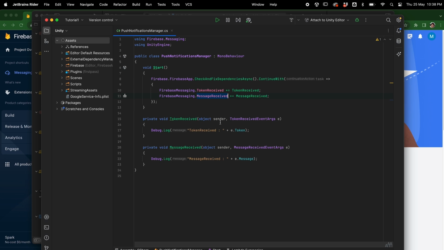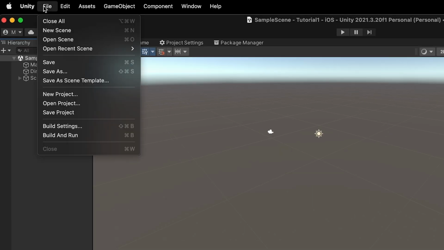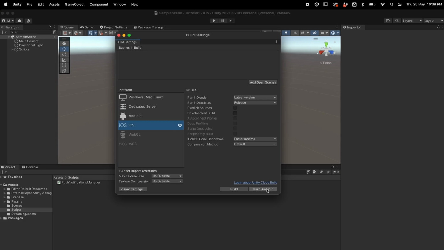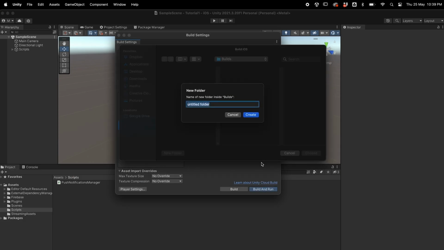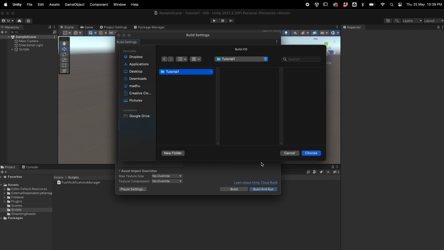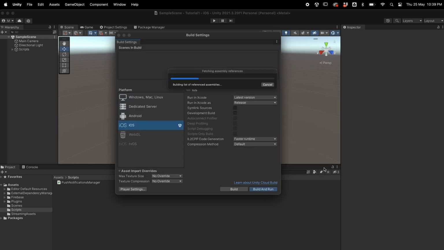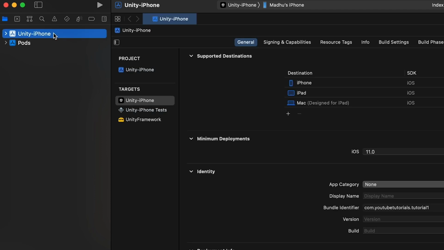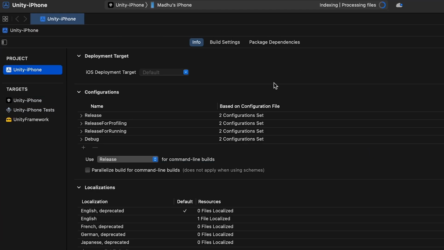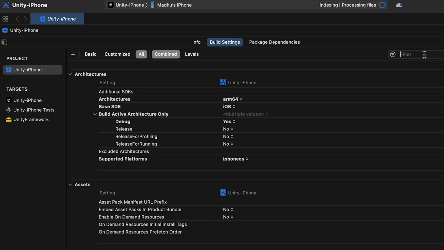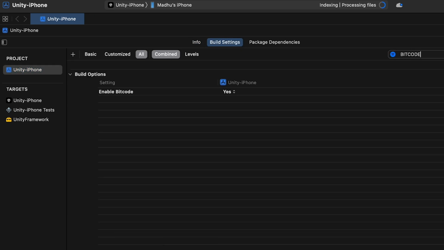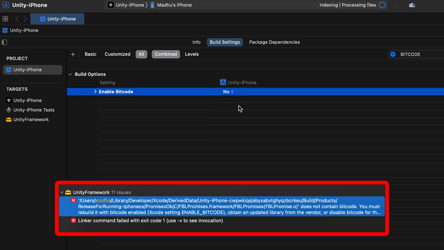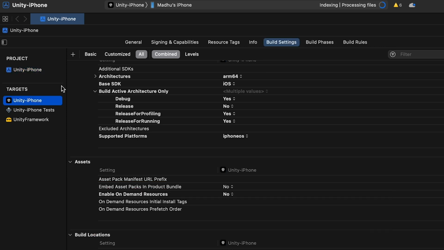So let's go ahead and export the Xcode project from Unity. For that, I'm going to File, Build Settings, and clicking on Build and Run. I'm exporting the Xcode project here under the Tutorial 1 folder. Click this, select the project, and under the Build Settings, search for bitcode. We need to disable this. Otherwise, we will see this error message. Next, select the target Unity iPhone,